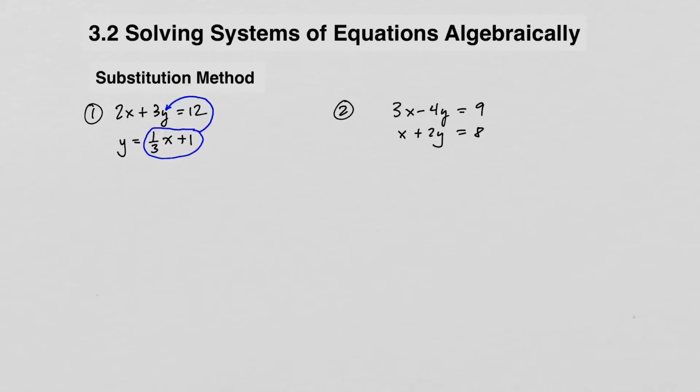Now, when you do that, this first equation becomes 2x plus 3 times y, which is being replaced with 1/3 x plus 1,